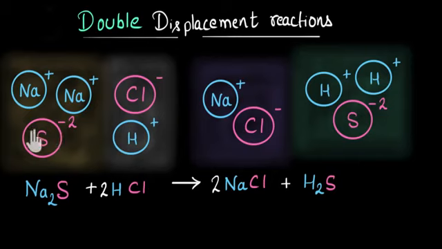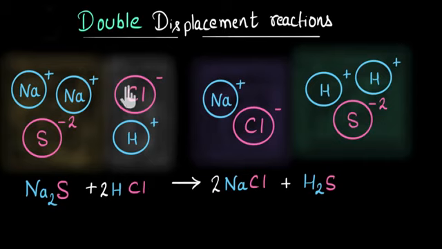Now another question is, can sulfur exchange position with chlorine? So yes, that is definitely possible. See, if sulfur comes here instead of chlorine, it will form a molecule with hydrogen, hydrogen sulfide, and that is what we are actually getting over here. Similarly, if chlorine exchanges position with sulfur, it will have to form a molecule with sodium, and we'll get sodium chloride, and that's what we are getting over here, right? So that's what happens in double displacement. Either the positively charged ions exchange position, or the negatively charged ions exchange position. They both basically mean the same thing, as long as you do not exchange position between a positively charged ion and a negatively charged ion.